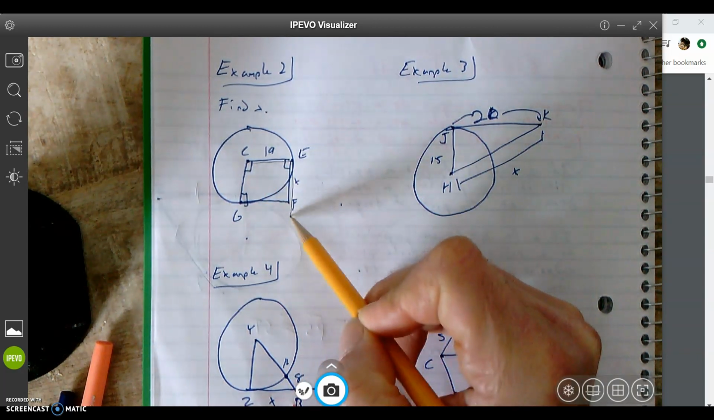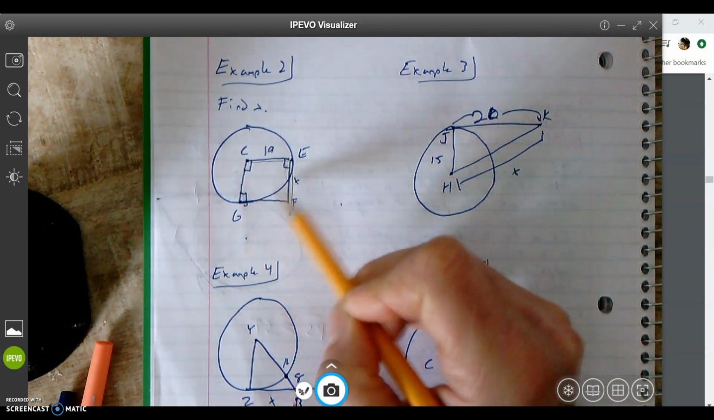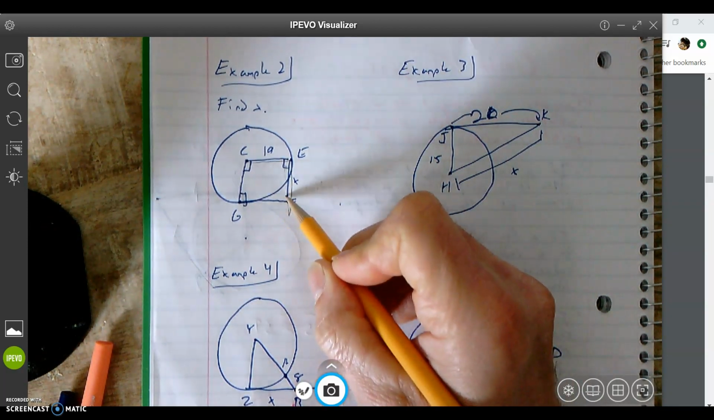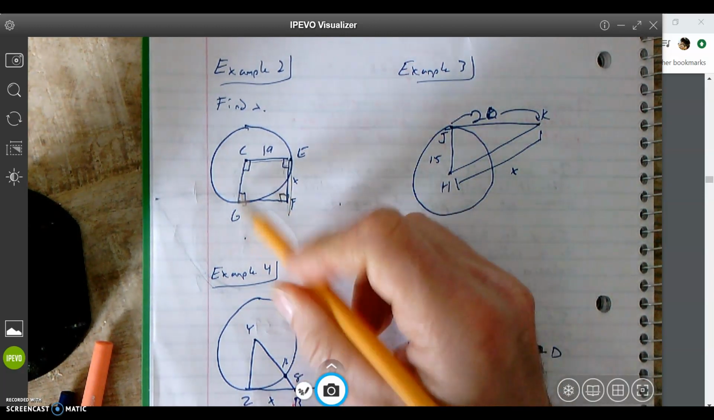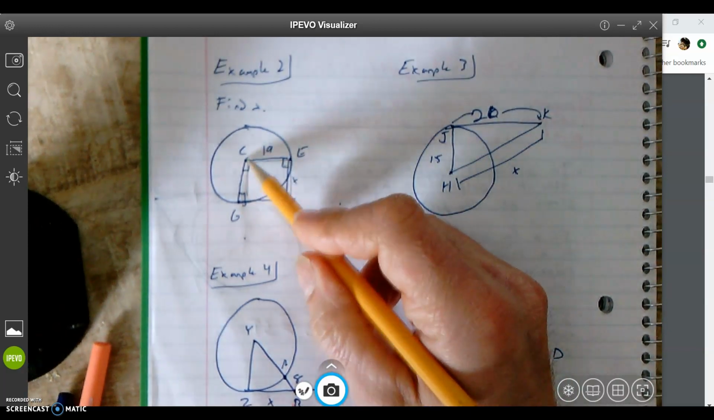We have this line, which is tangent, so it's a right angle, right angle, right angle. So we have 3 right angles. What's this got to be? Oh yeah, this is another right angle. What shape is this? Okay, it looks like a square because this is